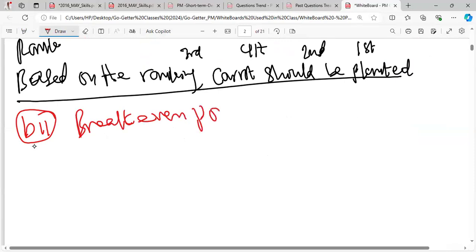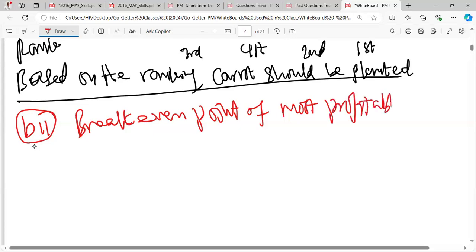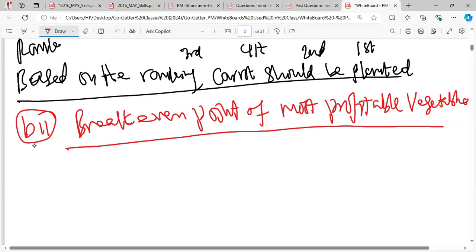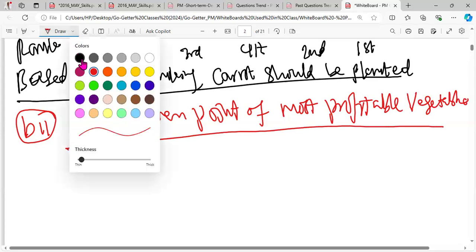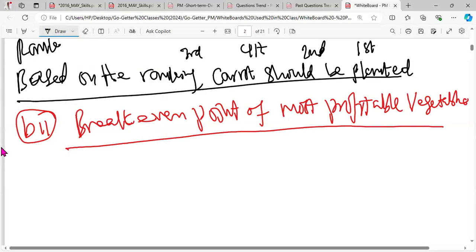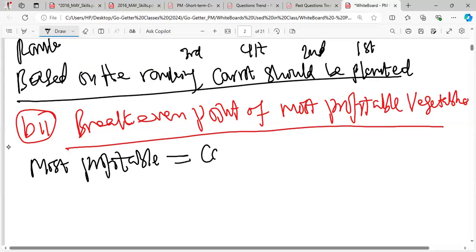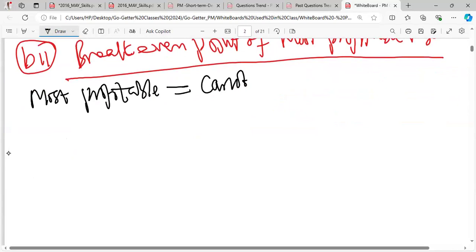Break-even point of most profitable vegetable. Okay, so that's it. All right, so you will say most profitable is carrots, right? Now your break-even point